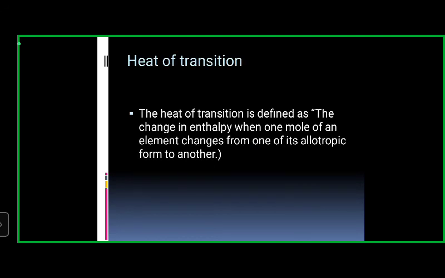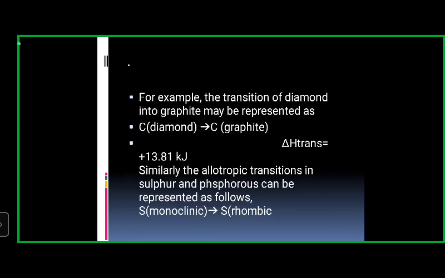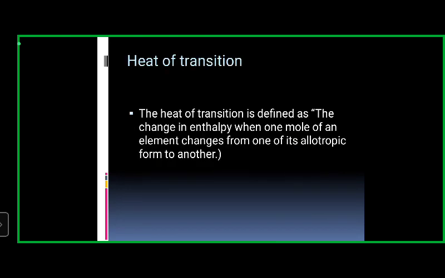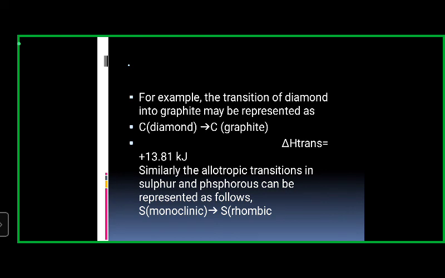Next one, the heat of transition. So what do you mean by heat of transition? Heat of transition is defined as a change in enthalpy when 1 mole of an element changes from one of its allotropic form to another. Example, carbon diamond is converted into graphite. அதோட delta H value வந்து என்னது plus 13.81 kilojoule. Similarly, the allotropic transitions in sulfur and phosphorus can be represented as follows. Monoclinic to rhombic sulfur,